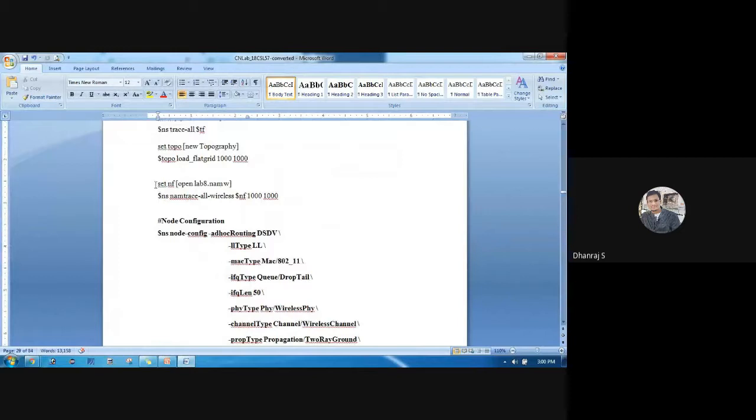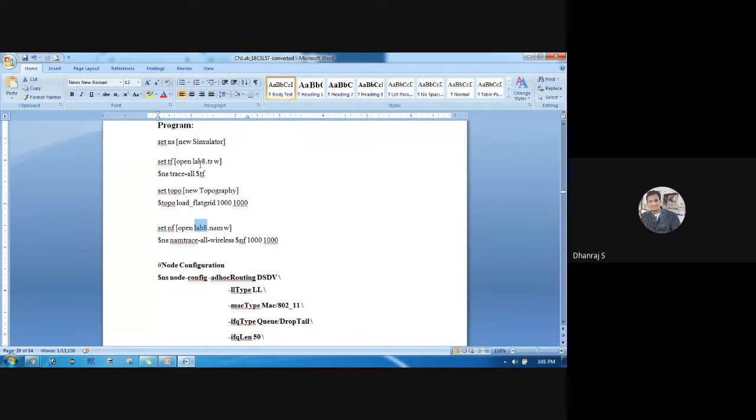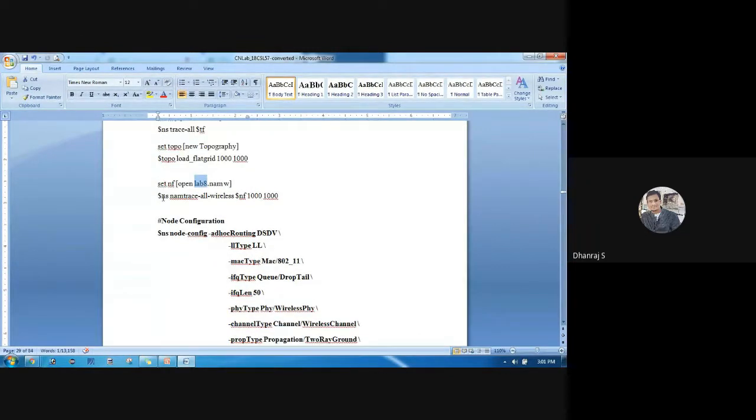Fine. So next is set nf. What it does is open a NAM file in write mode again, specifying the same file name, that is lab8, what I used in the trace file. And then $ns nam trace all wireless. You can see here we have one more extra keyword specified in the NAM file, because we are dealing with a wireless network.